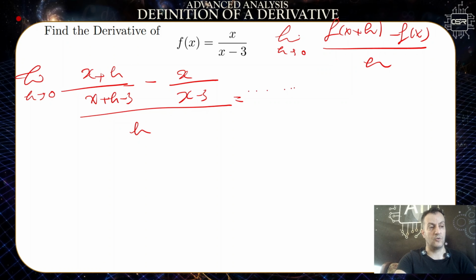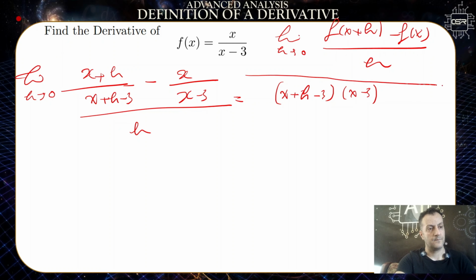denominator in the numerator in the first part here above. So x plus h minus 3 times x minus 3. So you multiply by x minus 3 here to the left. So it is x plus h times x minus 3 minus x multiplied by x plus h minus 3, divided by h,